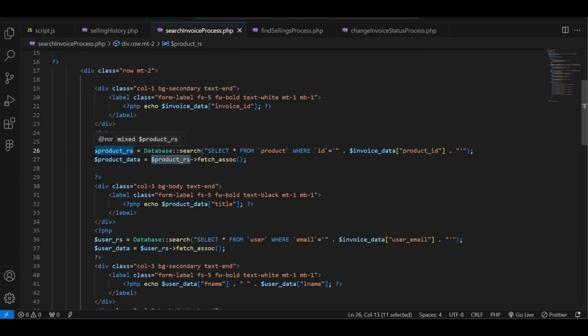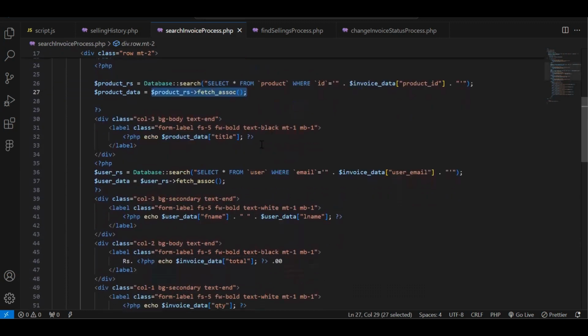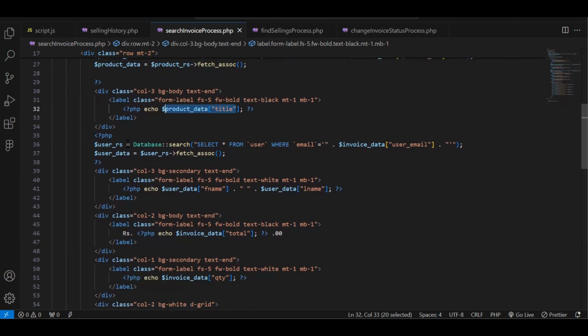relevant details we get back from the database in the variable called product results set, and I have obtained the relevant results in that variable and stored that in a variable called product data. And then I have displayed the title that's stored in this product data array as the name of the relevant product, and then I have again called a search function with the query as select all from the user table where email equals to the user email stored in this invoice data, and I have stored the relevant information